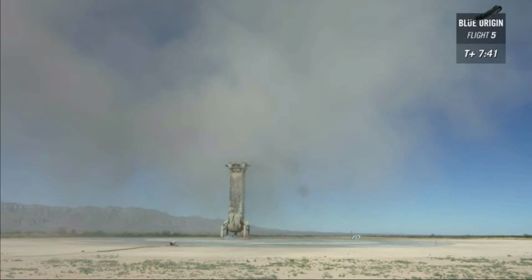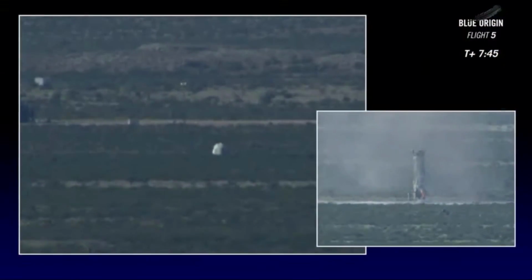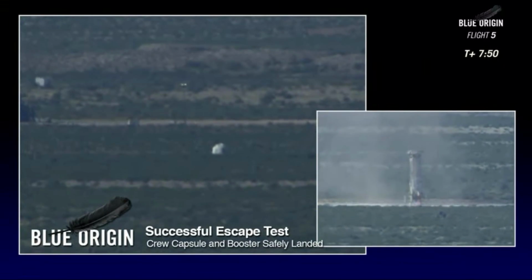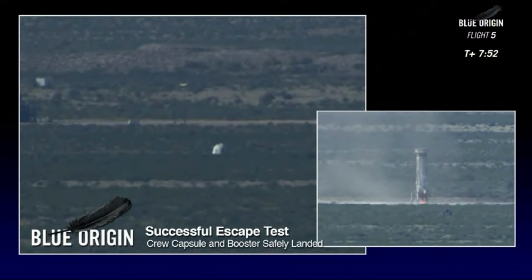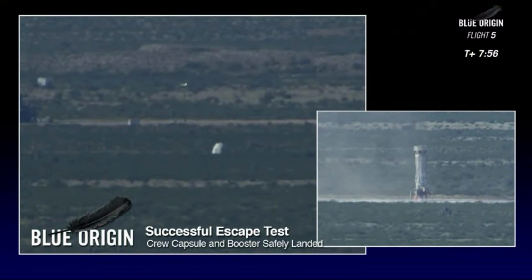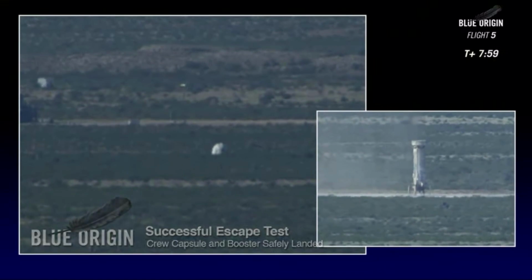Phil, I don't know about you, but I'm going to be raising a glass to both the booster and the crew capsule this evening. Yeah, me too. What an extraordinary test and a tremendous final flight for both craft. As we'd very optimistically aimed for, both our crew capsule successfully executed its in-flight escape test, and the booster